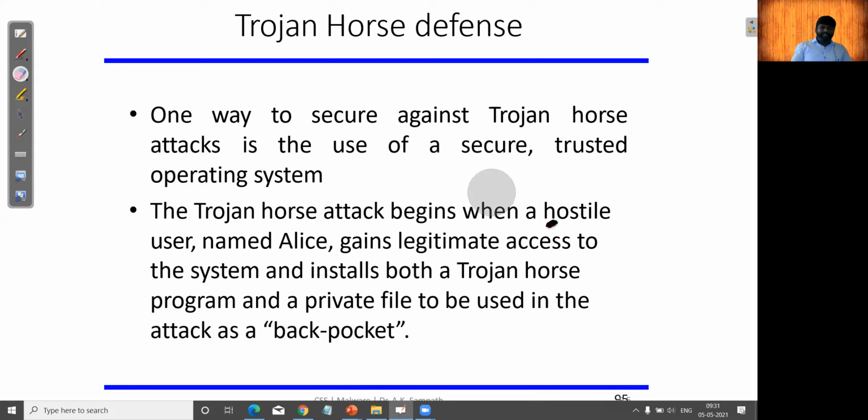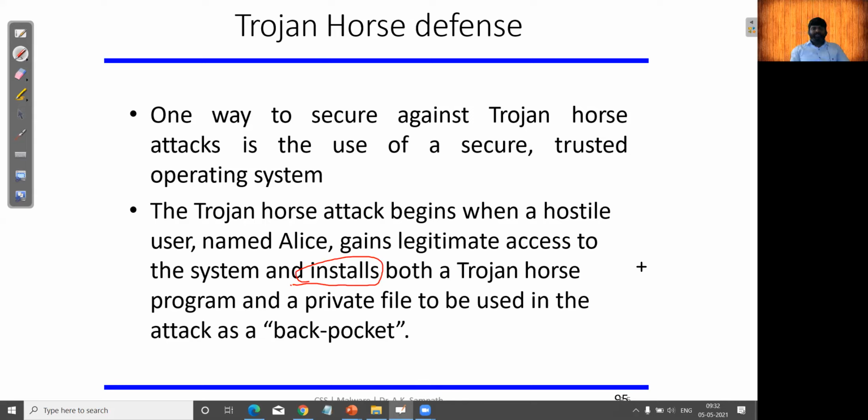Again, this is the detailed information about Trojan defense, right? How can these Trojan viruses be defended, or what kind of prevention can we introduce in order to stay away from Trojans? This helps to avoid them by installing a reference monitor system, right?